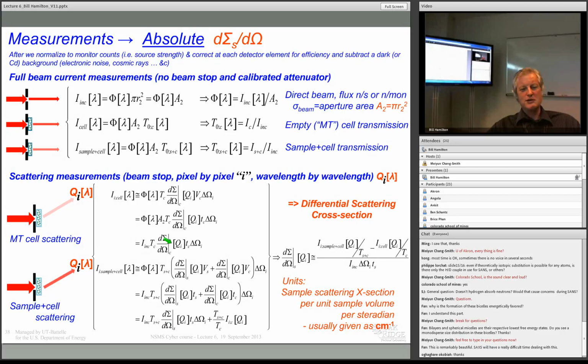If you came up here, you do the math, you'll find that the same term that I measured up here can be put into this equation, and the thing that I'm actually interested in, this macroscopic cross-section, can just be taken as the intensity of the scattering that I see divided by its transmission, the intensity of the cell scattering divided by its transmission, take out the incident intensity, the solid angle subtended by the detector element, the thickness of the sample, and the reason only the thickness appears here is because that intensity actually already includes the area of